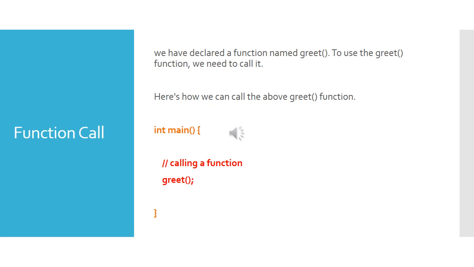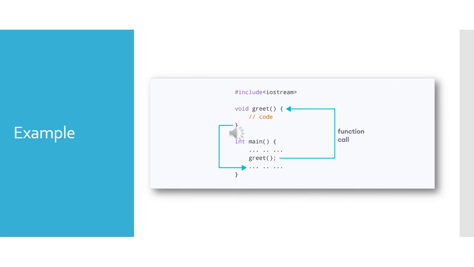So as seen in the example in the previous slide, we learned how to create a function called greet. Now to use it in your main program, you're going to call it using the function call procedure: the function name followed by empty brackets and a semicolon. The brackets are empty here because the function in the previous example did not carry any parameters. So this is how the function executes. You have created a function called greet and it is being called inside the main function.